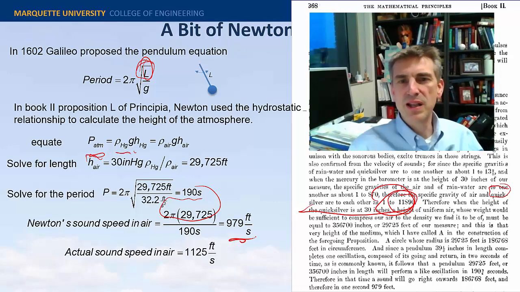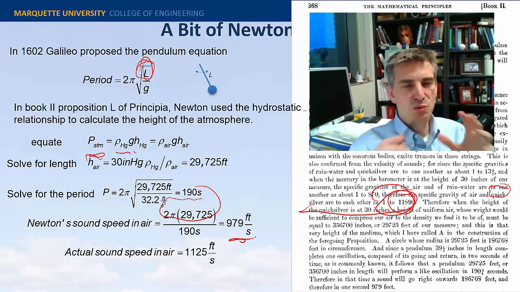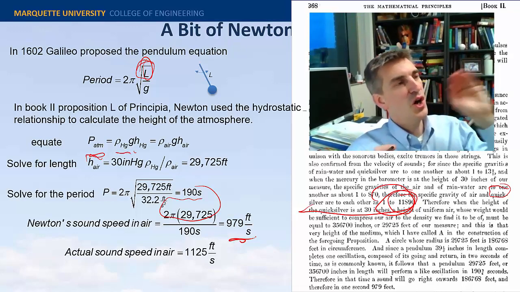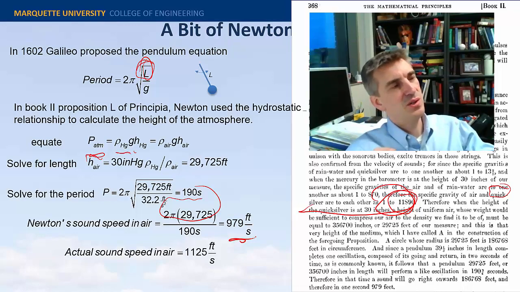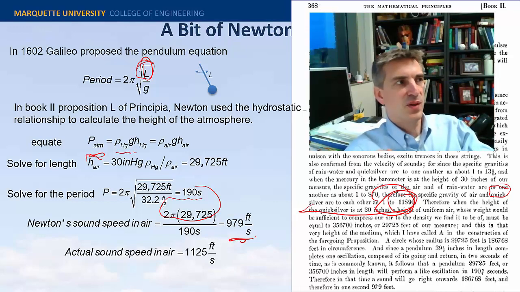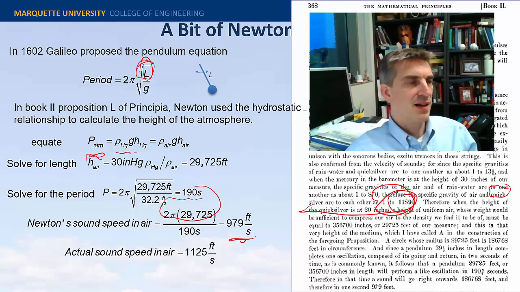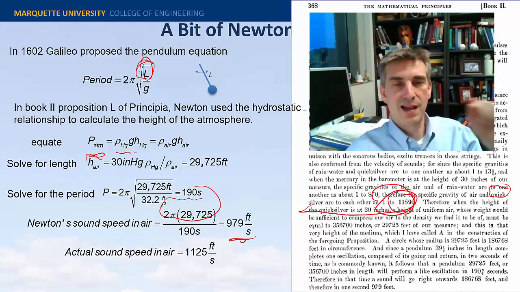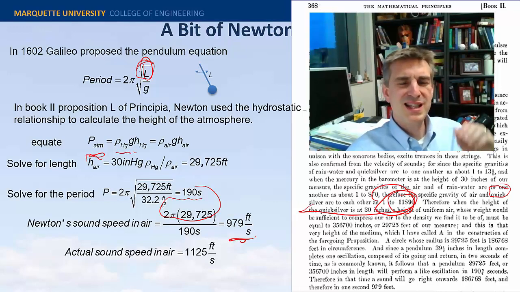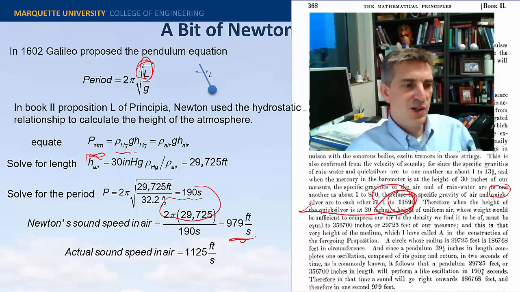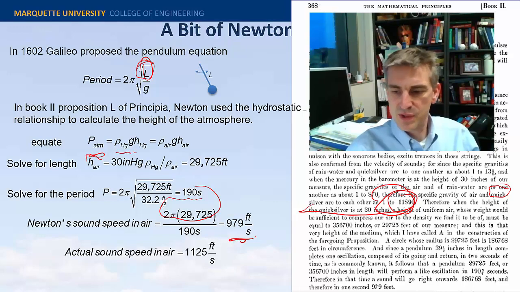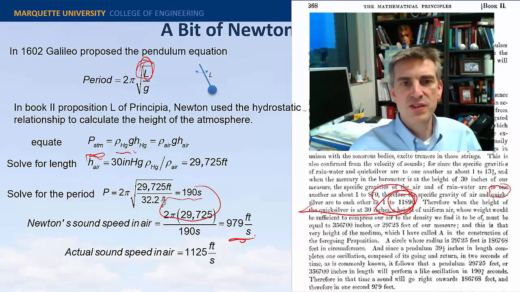And this was a military secret, so to speak, at the time, because if you knew the sound speed of air, and you saw your enemy fire a cannon at you, you would know how far away they were by the delay between when you saw the cannon fire and when you heard it. You could measure that delay time, which would be related to the sound speed, and then you'd know exactly how far away they were, and you could take your pre-calibrated cannon and crank it to hit that distance. So that was quite the military advantage, to know the sound speed in air very accurately for a given day.